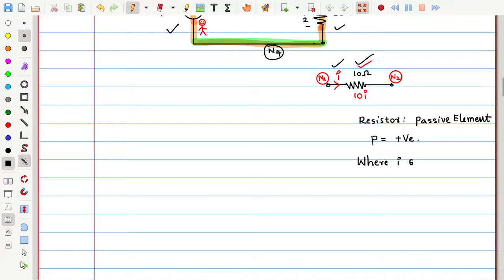If power is to be positive, then where should the current enter? Where should I amperes enter? We know the I direction already. So where is it entering? At the N1 side. So at the N1 side, what kind of polarity are you going to expect in order to get the power to be positive? Somebody should give the answer for this.